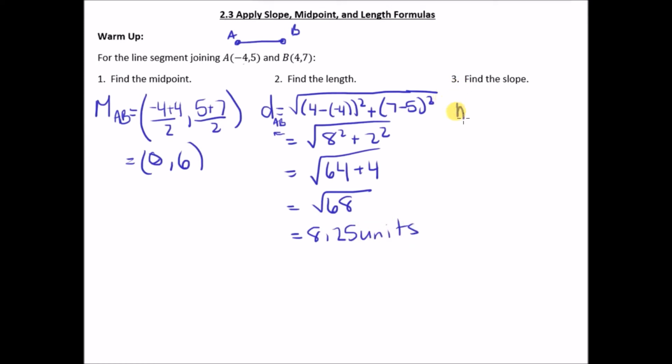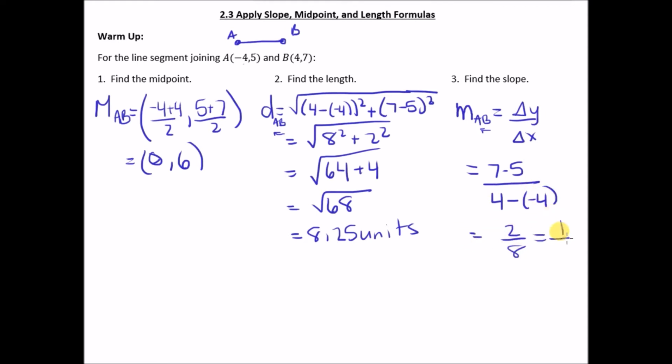Now the slope. This is small m, AB. Again, for AB, we're actually doing B minus A. So let's do delta y over delta x. For the y's, we're doing 7 minus 5. And for the x's, we're doing 4 minus -4, which gives us 2 over 8, which gives us 1 over 4. If you notice,